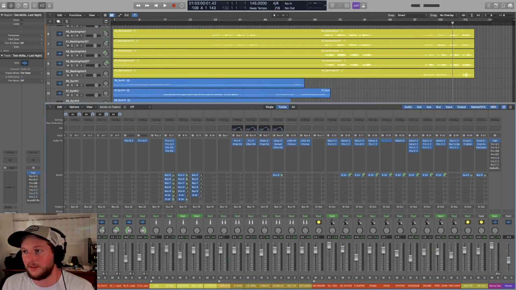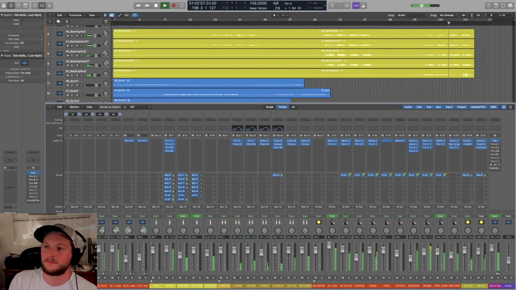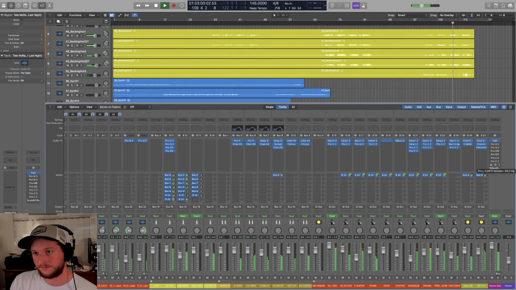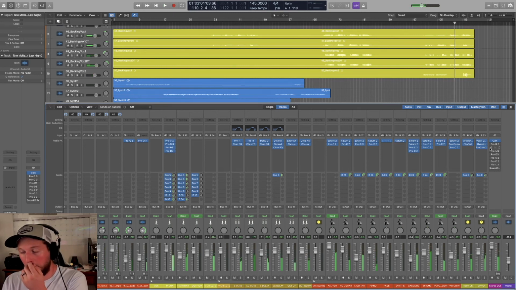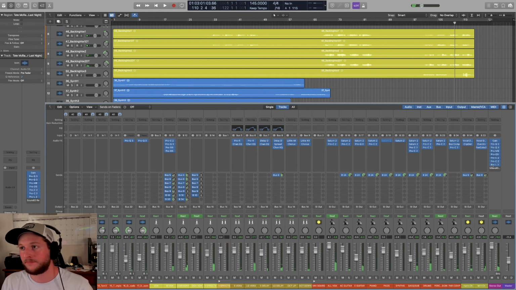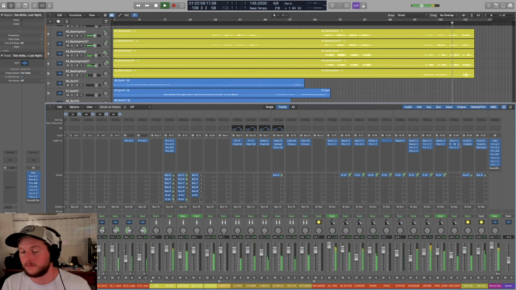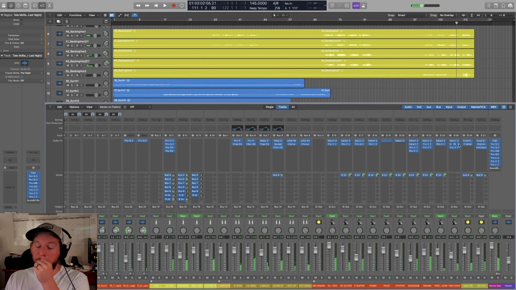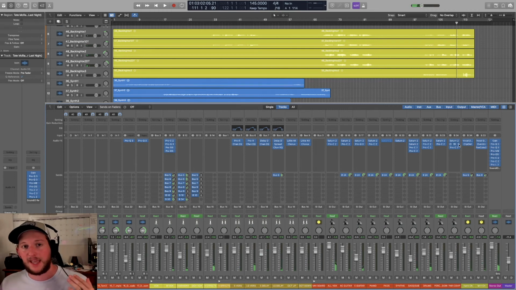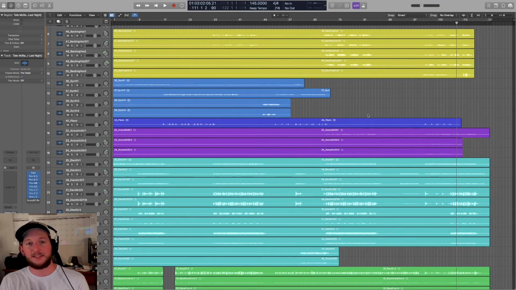If we take all that out, it doesn't sound bad. But all together with that limiter too, it didn't just make everything louder. I hear the vocal more. That's what I like. I wanted that. So that is how I went ahead and mixed the song